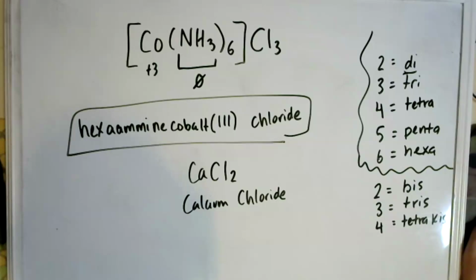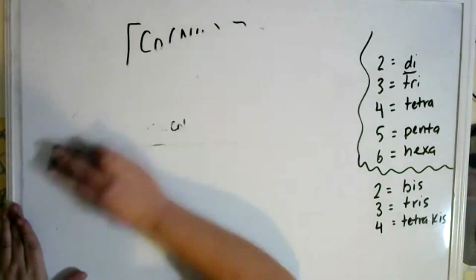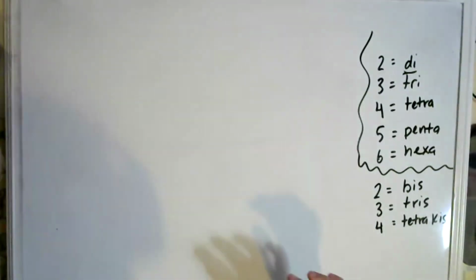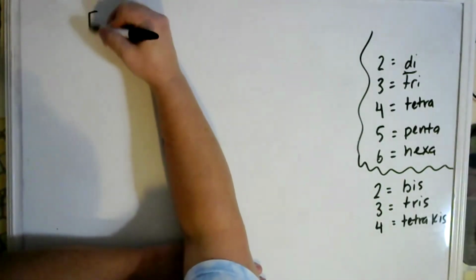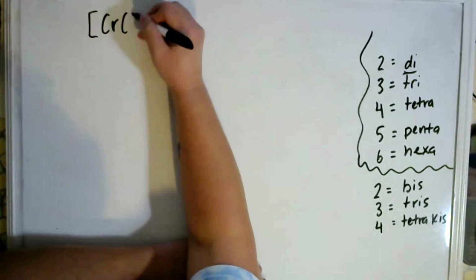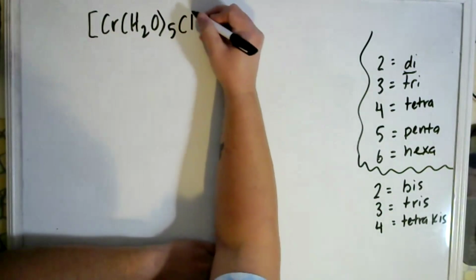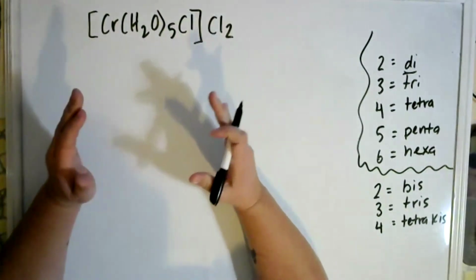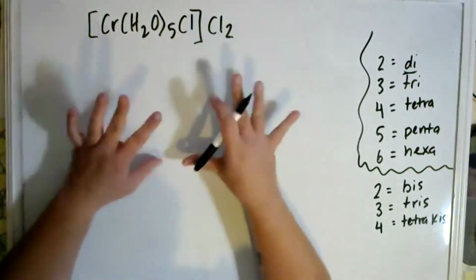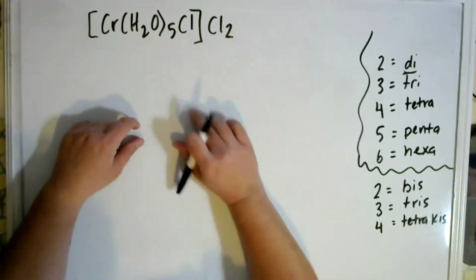Let's look at the next example. All right, so the next example, and again, these are the ones from your slides that I'm just talking through here. We have [Cr(H2O)5Cl]Cl2. Okay, so what can be confusing here when you're just looking at this right off the bat, there's chlorine inside the bracket,